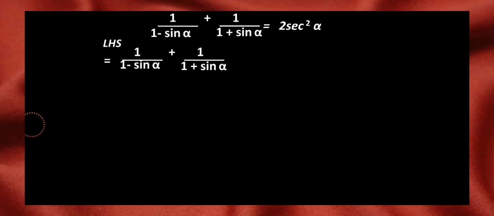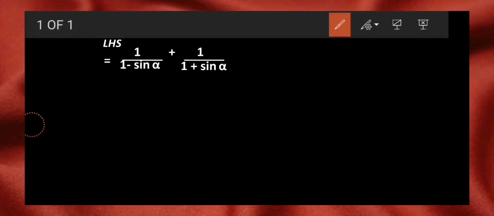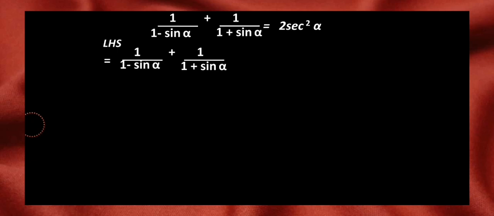That is our action plan. As we are given 2 fractions, we know how to operate on the 2 fractions by the LCM method. The LCM method says multiplication here, also multiplication here, and down also multiplication. If you remember, I taught you a few sums before. So as a result, we have in the numerator 1 plus sin alpha into 1 will result in the same, plus sign will remain plus, and 1 minus sin alpha again will be written as it is. This is the numerator we got.